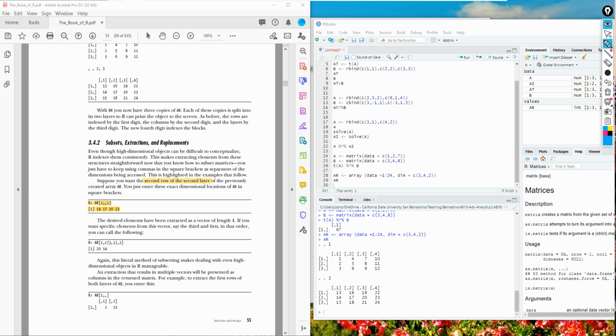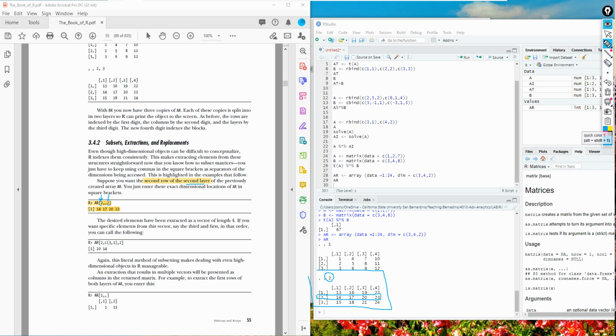So let's use this pencil. This is the second row of the second layer. If you want to extract this, first you define the second floor, the second layer.